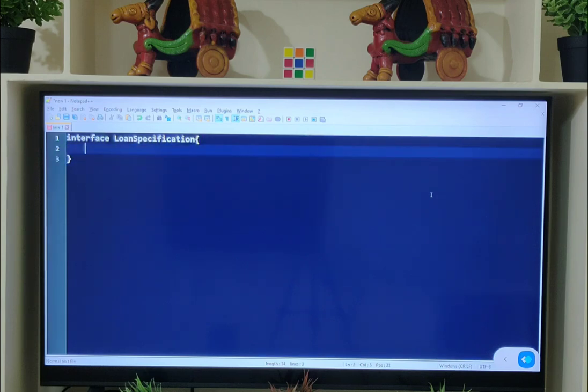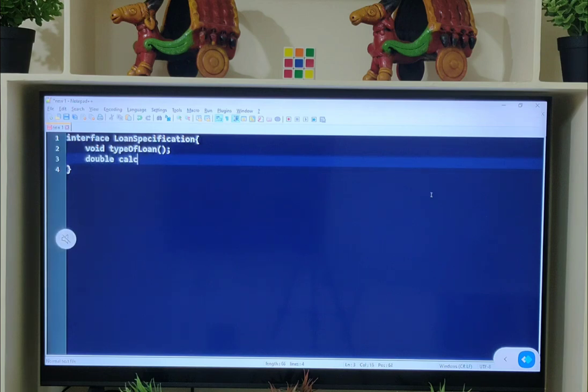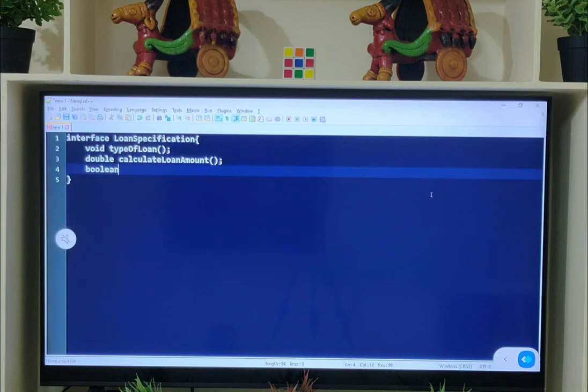This interface contains three methods: void typeOfLoan, double calculateLoanAmount, and boolean isLoanApplicableForFarmer.